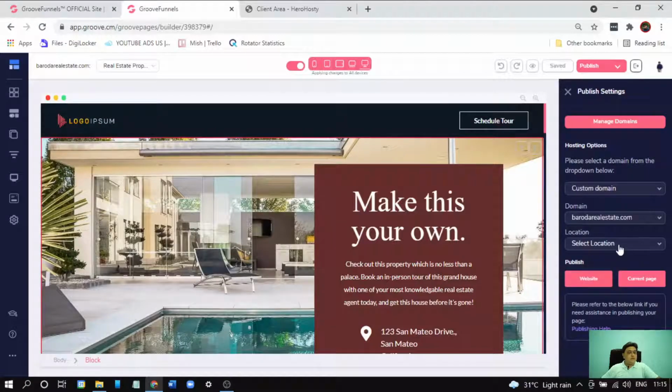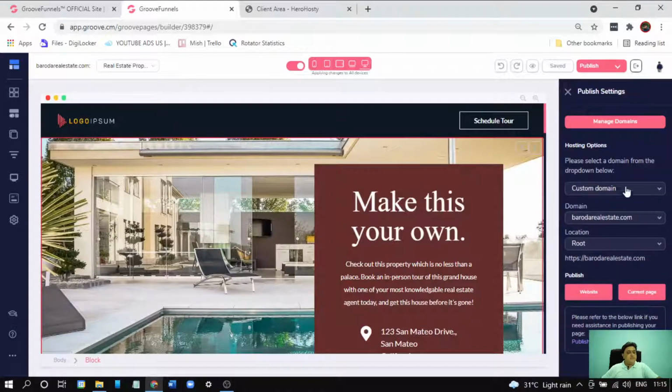Okay, select location first. We have to select the root location because this is our main domain, not our subdomain. So we select root location and click on publish. Now wait for a moment. We will get a notification from GroovePages.